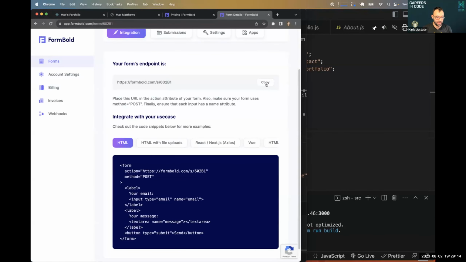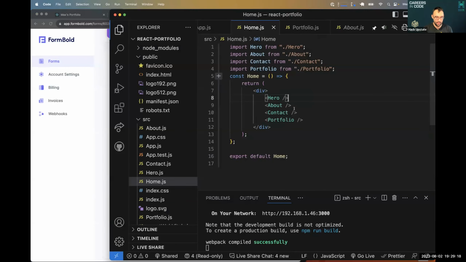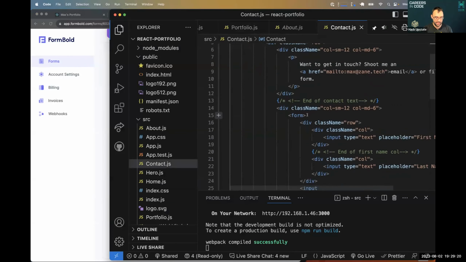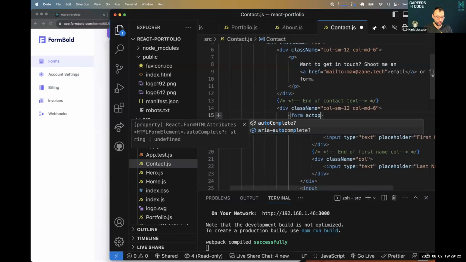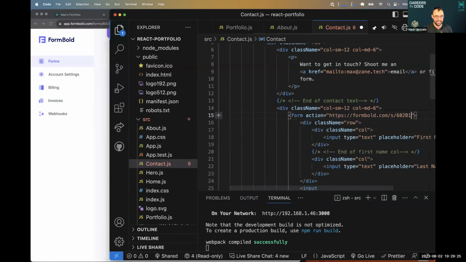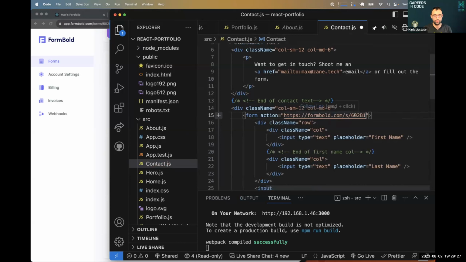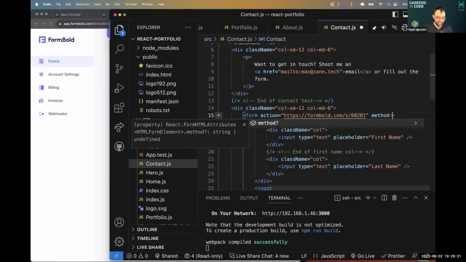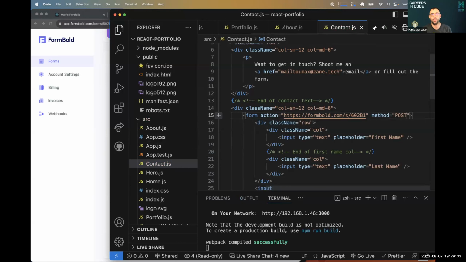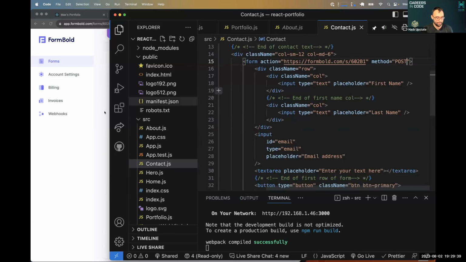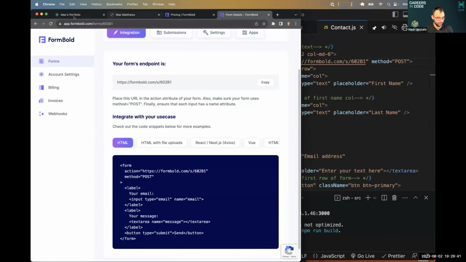So I'm going to go ahead and copy this, then go over to my contact form. And in the form tag, you put in 2 things. One is the action that's going to point to your form link. And then the other is called method. And this is tying to HTTP methods that you learned with Ryan. So if you go ahead and type both of those in, I believe what should then happen is that if we test this,